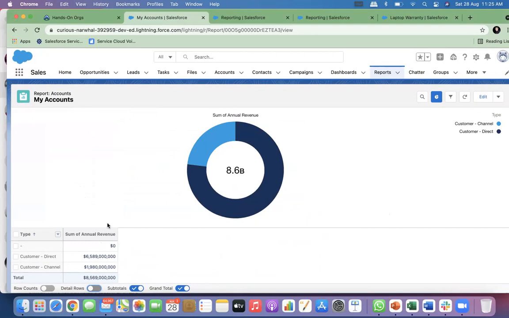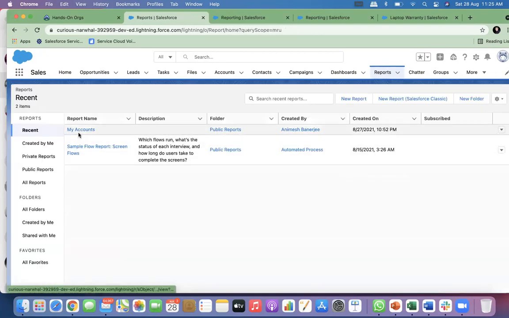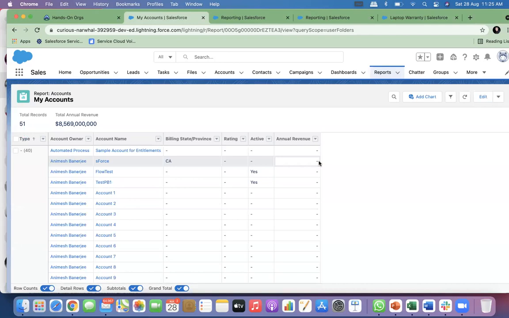Now these values can change for different people who are logging in. The same report, you can go there. When you go to the report, you see this report. The other people can also see the report if that folder is shared with them. It's similar to Google Drive. If you have shared the folder with somebody else, they can see that. Or there is a public folder where you can drop your files, and anybody else can see that. Simple story. So reports, if somebody else logs in, they will have a different figure, maybe, based on what records they have access to.